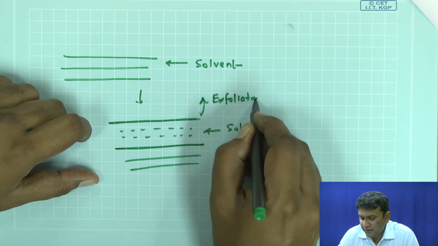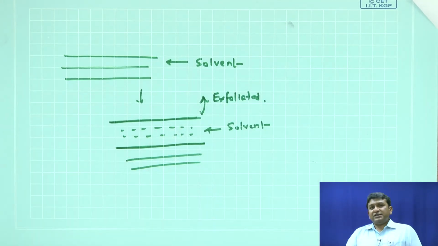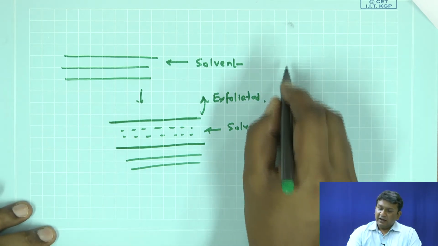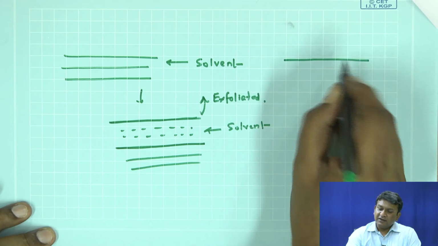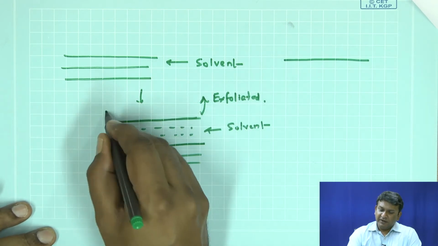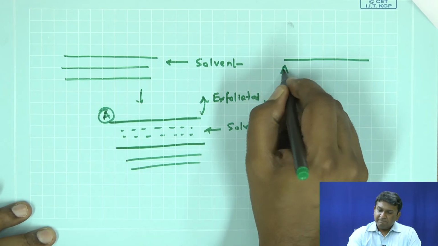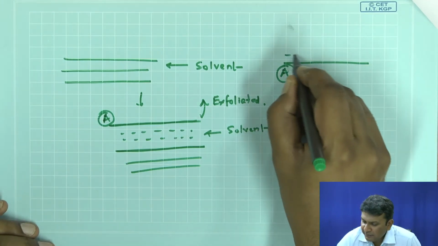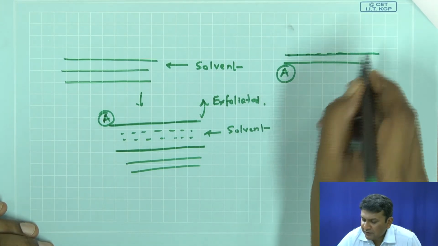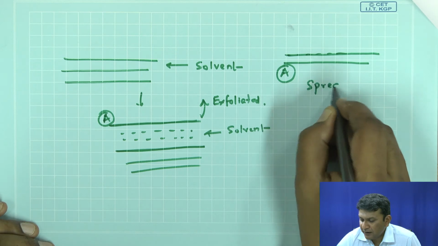Now, the question to ask is, under what condition will the solvent penetrate between the two layers? If you think, it is very simple: it is going to penetrate only when this particular material is wetted by the solvent, right? Only then will it penetrate. And what guarantees whether a surface of this particular material, let us say A, is going to be wetted? It depends on nothing but the spreading coefficient, right?